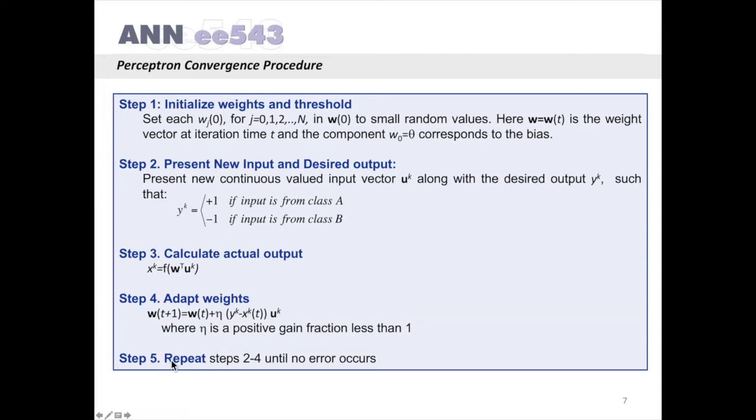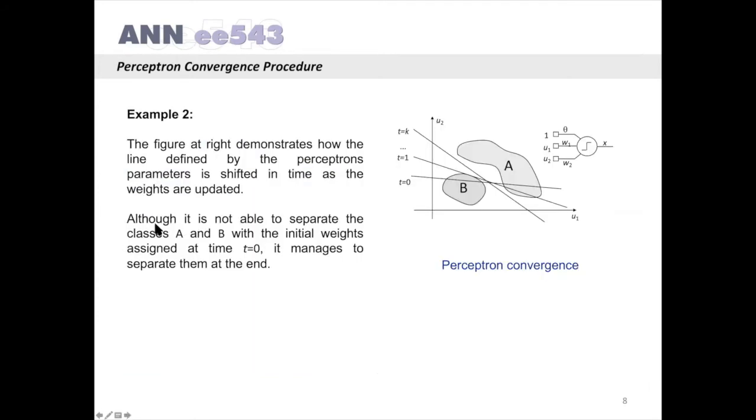Step 5. Repeat steps 2 to 4 until no error occurs. Example 2. The figure at right demonstrates how the line defined by the perceptron's parameters is shifted in time as the weights are updated. At time 0, suppose that this is the initial line. It is determined by W1, W2, and theta, which are initialized randomly. Then, due to the errors in the classification, W1, W2, and theta are updated such that it is shifting and turning